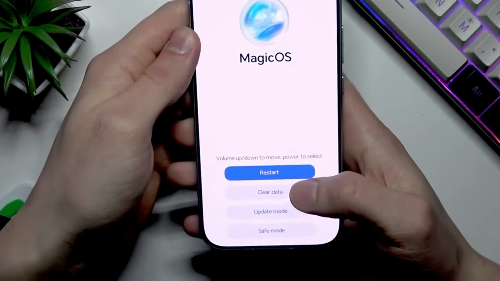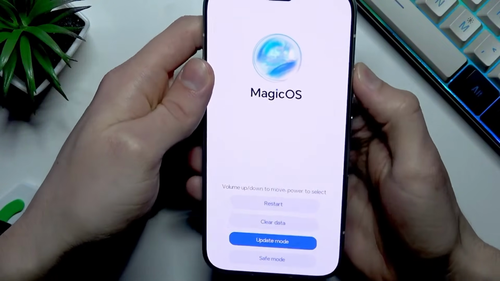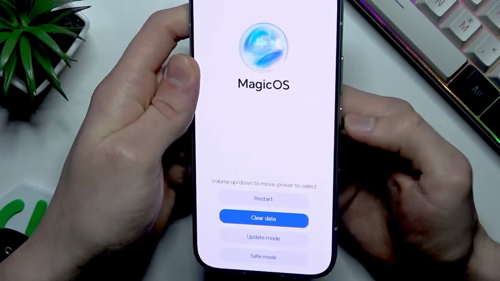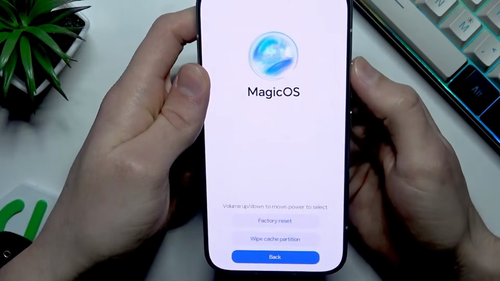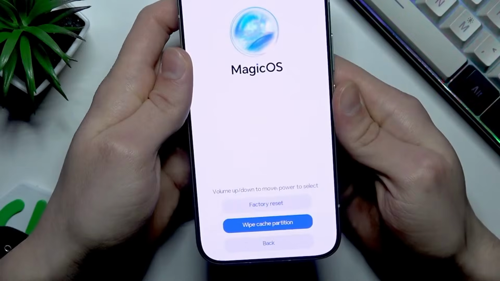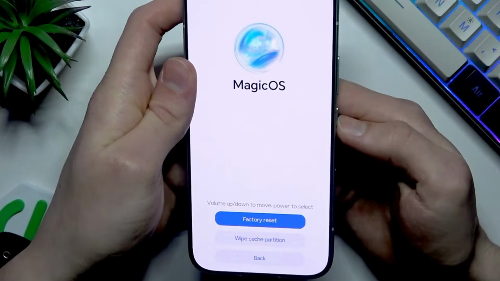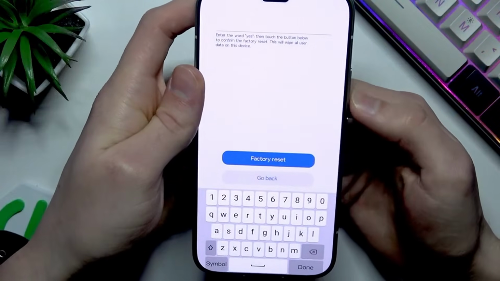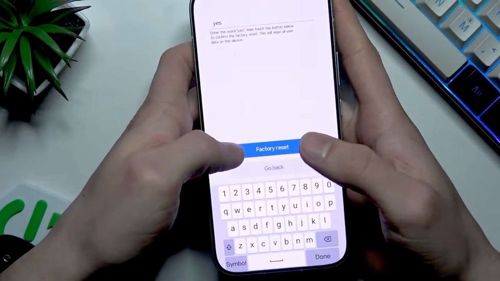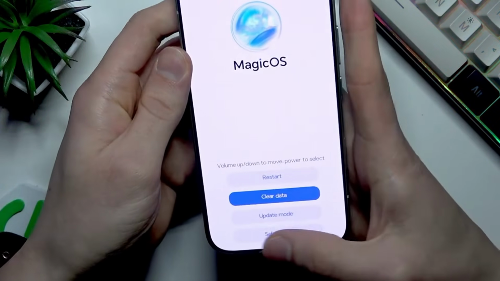And here we're gonna have to select clear data. So if the display of your device is unavailable, you can use volume buttons to navigate and the power button to select. Select clear data, and then you can either wipe the cache partition here before performing a factory reset, or you can perform a factory reset straight away. Confirm factory reset after entering yes in this field, and then select factory reset,